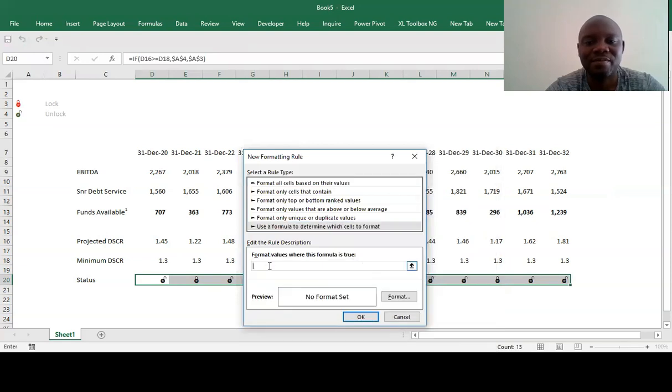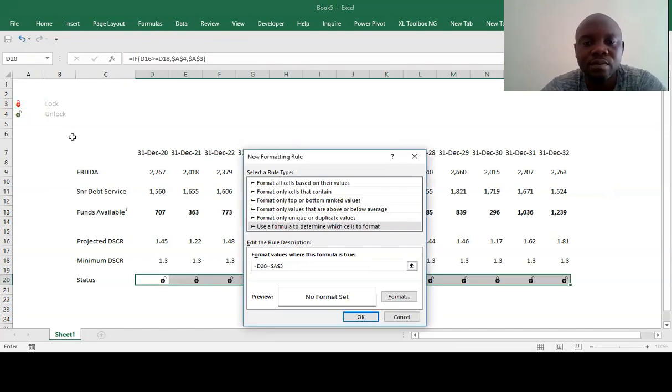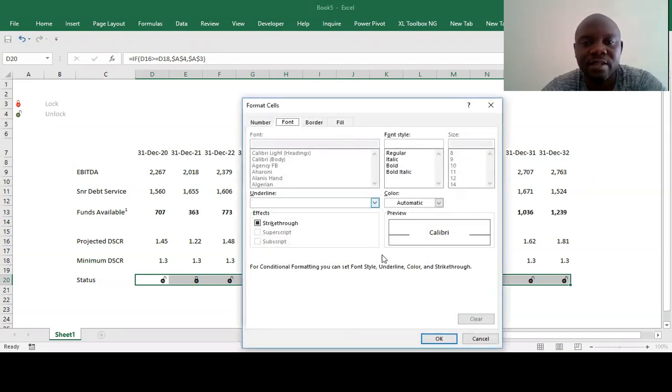Then we'll say if these in D20, whatever status on the 1st December 2020 equals to what is in, so we'll say if it is locked like that, it is like that.